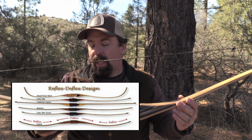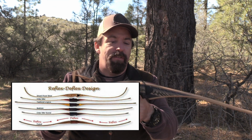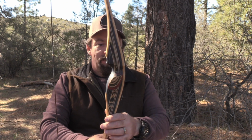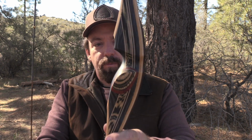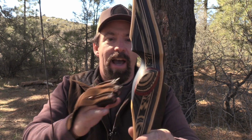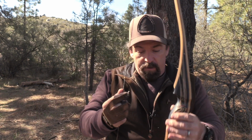I'll leave a graphic right now so you folks can see what a reflex deflex design looks like. Now, this is a little bit more of a hybrid longbow, and the reason I say that is the handle design. The handle is made more like a recurve. That's a check in the plus column as far as I'm concerned, because if you're looking to transition from recurve to a longbow, or from compound to a longbow,